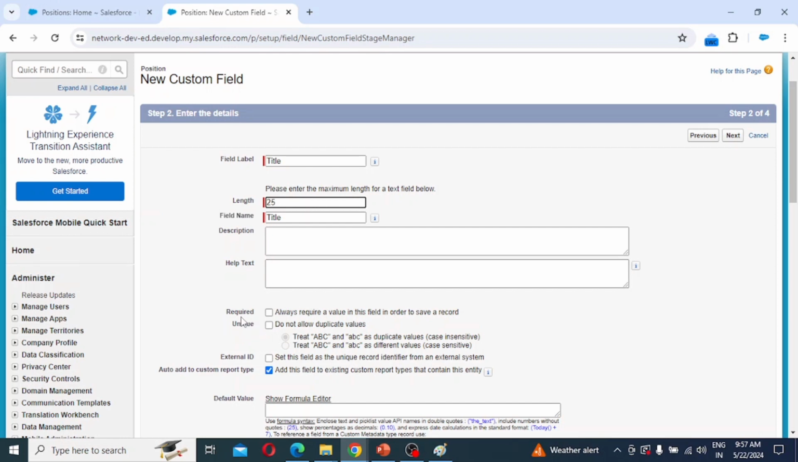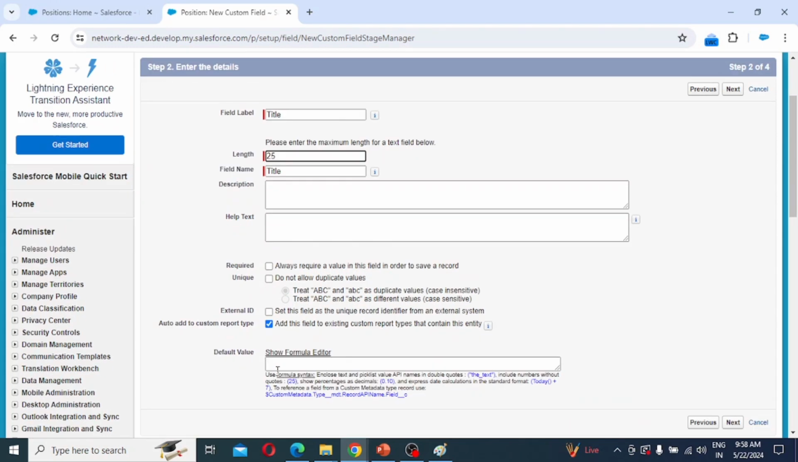If it is required, so title is going to be required or not, this will be suggested as the business scenario. Unique means what? It is going to be unique, all the title, and there are two ways to be duplicate or unique, that is treat ABC capital and ABC small as a duplicate value, case insensitive, and there is a case sensitive also. External ID, if you need, just check the checkbox, and default value